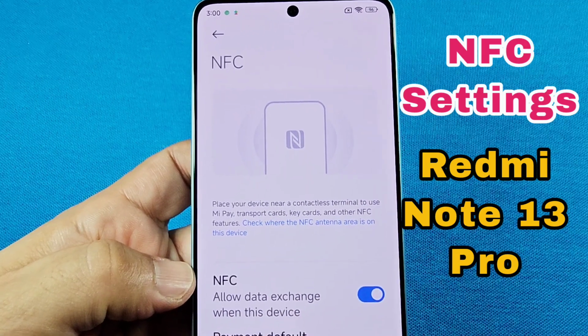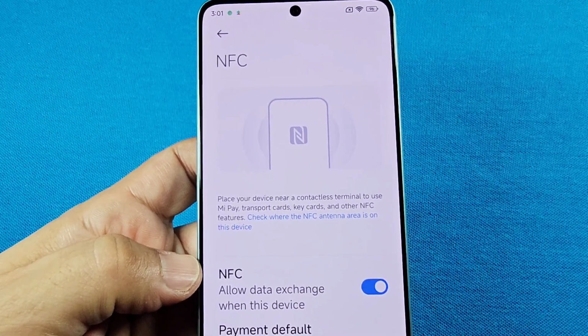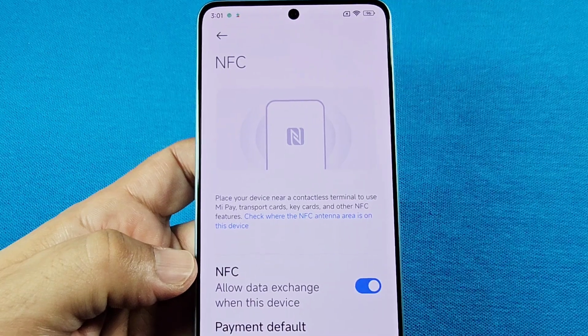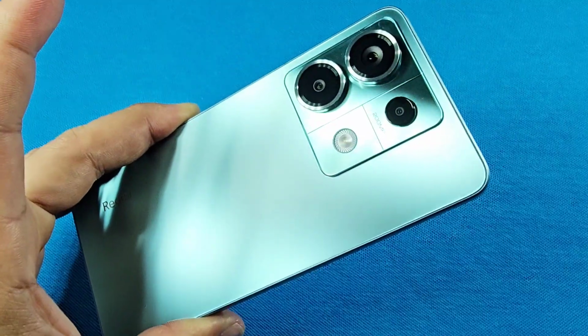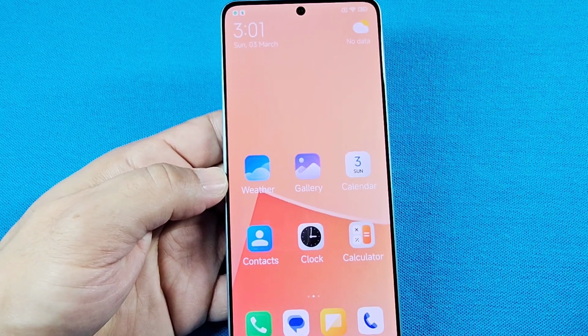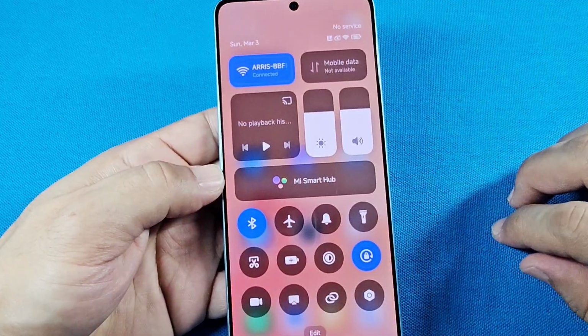How to enable the NFC and other NFC settings, or also add the toggle for quick access. This is the Redmi Note 13 Pro phone. Let's do it. For fast access of the NFC, you'll want to go ahead and use the quick panel access